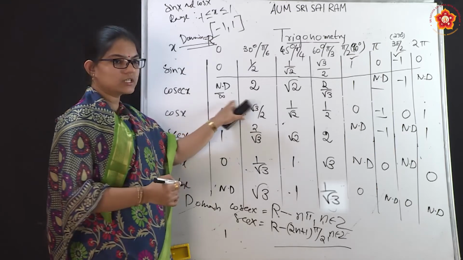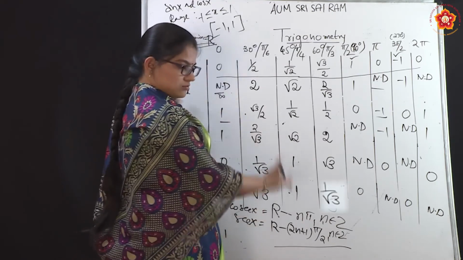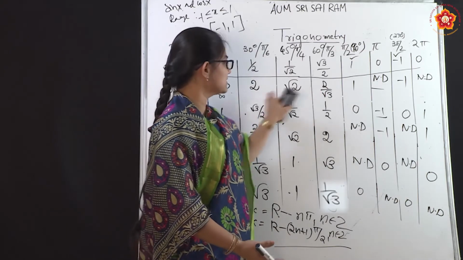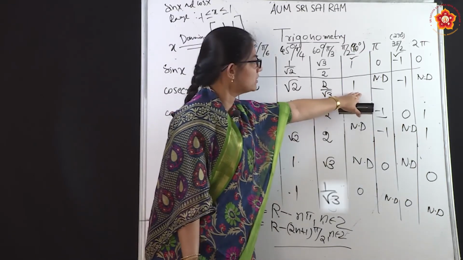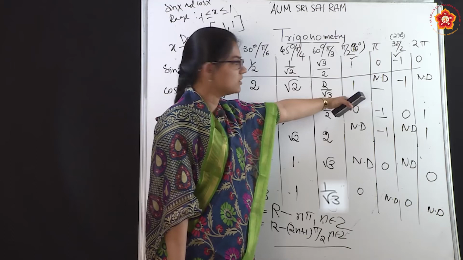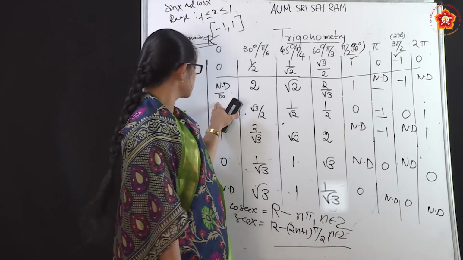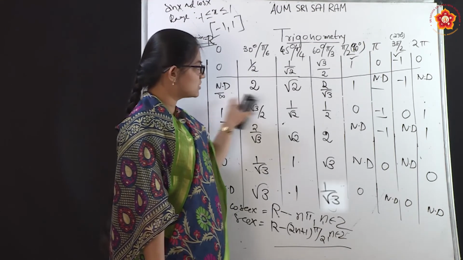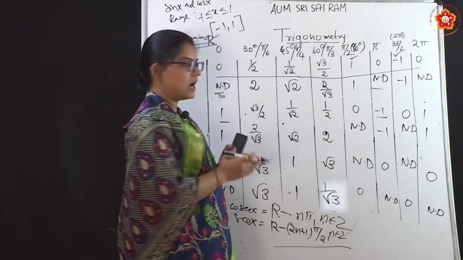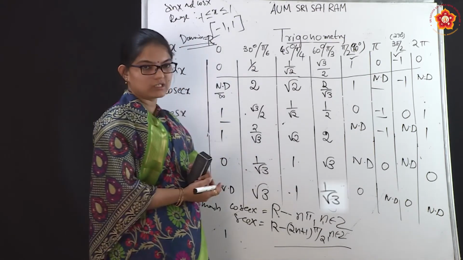Here to here we can consider many real numbers. Then we have root 2, 2 by root 3, which is less than 2, and it reaches 1. Again not defined, that is infinity, a very large or very small number, and next minus 1. Is 0 found anywhere for the cosecant x? No, 0 is not there. So the numbers which are close to 0, and 0 itself, are exempted; they cannot be the values for cosecant x.